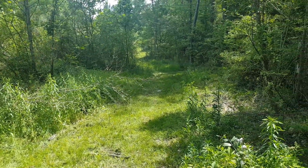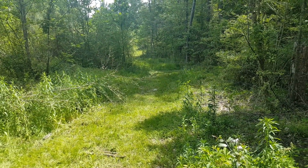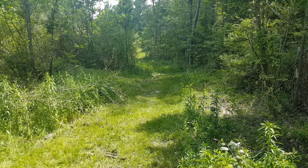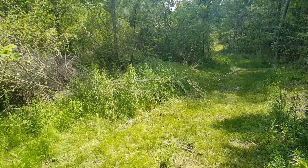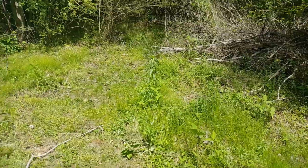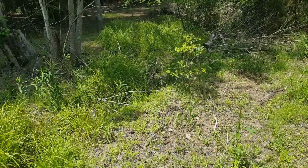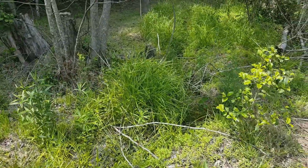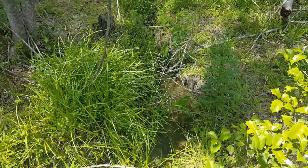And turkey, they say they've seen quite a bit of turkey, and of course deer. But one time he put corn out here, and it's like the deer were laying in there watching, because as soon as he walked out of here, within half an hour or so, the deer started sticking their nose out of the thicket and then walked over here and started eating. So they were watching him. They knew he was in here, and they knew what he was bringing. He was bringing them big bags of sweet corn down in here. That apple flavored corn is what he would buy, I think. But anyway,